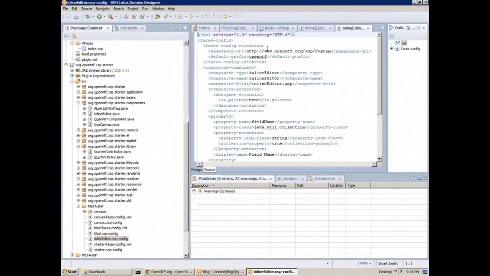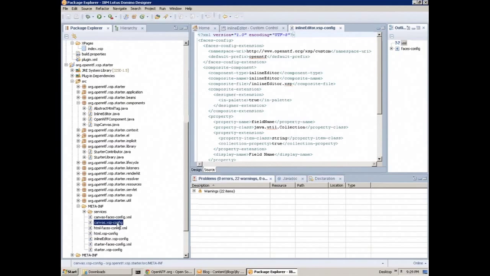Now the first is, if we're looking at our namespace, URI, and prefix, in the original application, I overrode these. Ordinarily, the prefix would be XC, and the namespace URI would be an IBM.com URL. However, if you customize those in your own application, then in your XPages where you're referencing custom controls, you have a little better indication of where those custom controls came from. So in this case, it's one I downloaded from OpenNTF, or it's part of some other project or application. So that way it's not just some generic custom control. But that saves us a little bit of head time, gives us a little bit of a head start in this, because